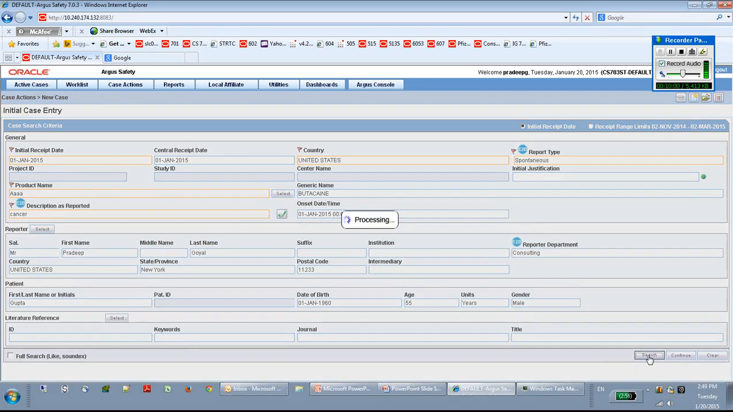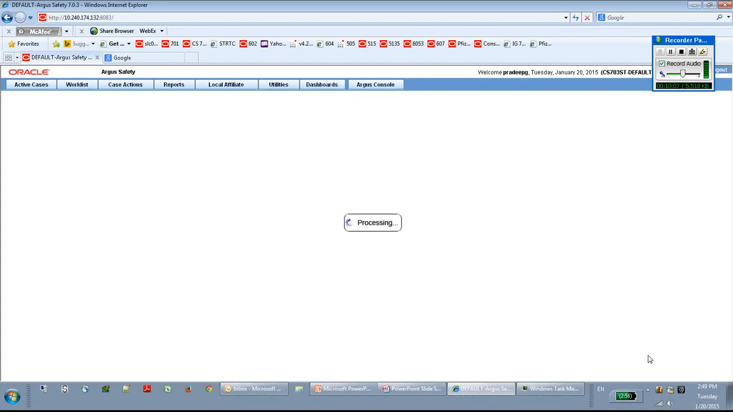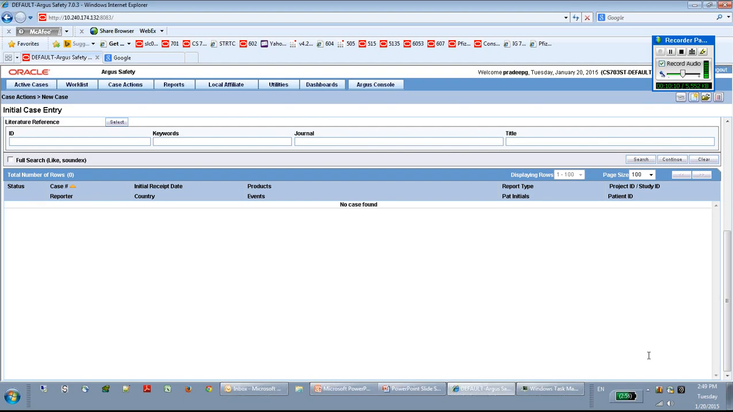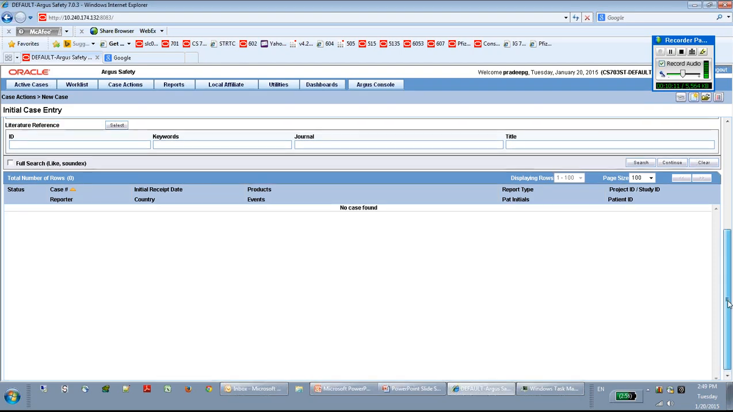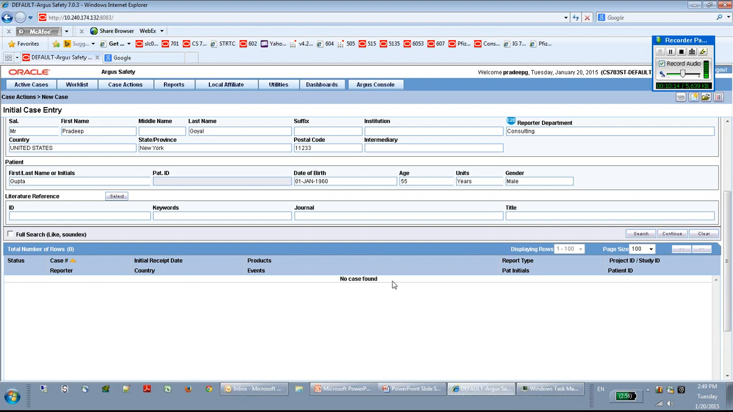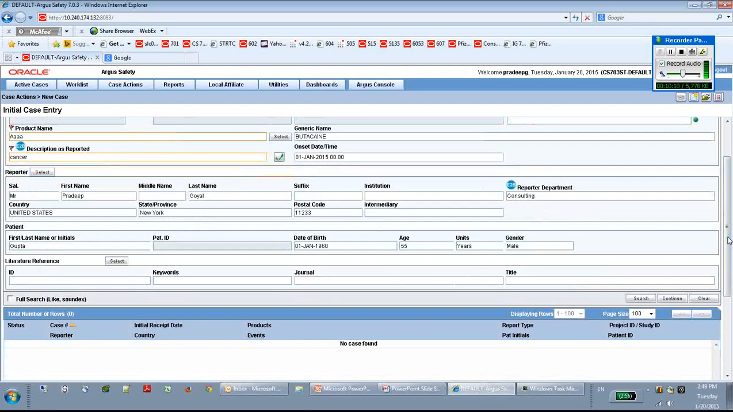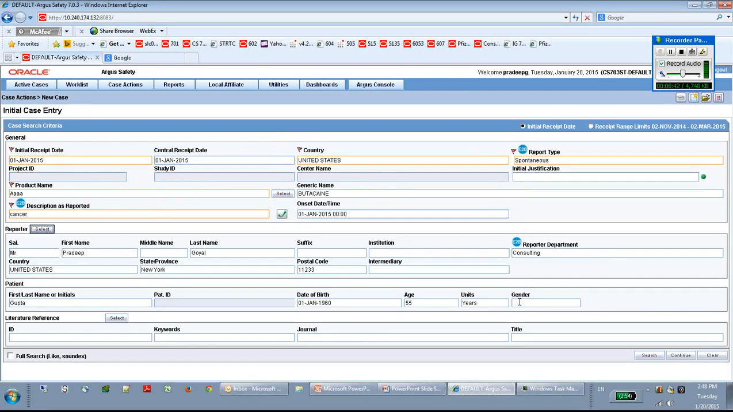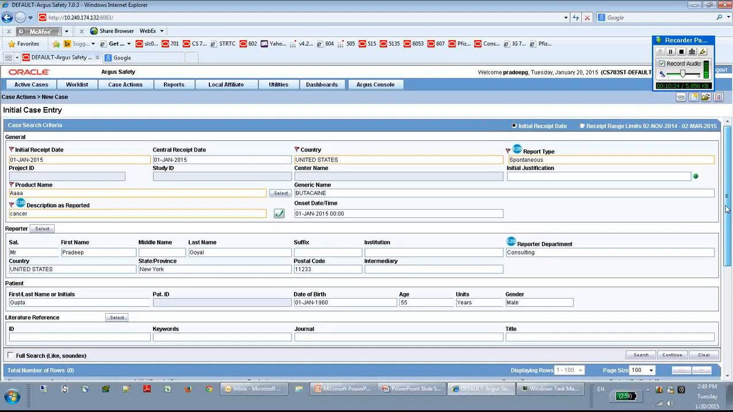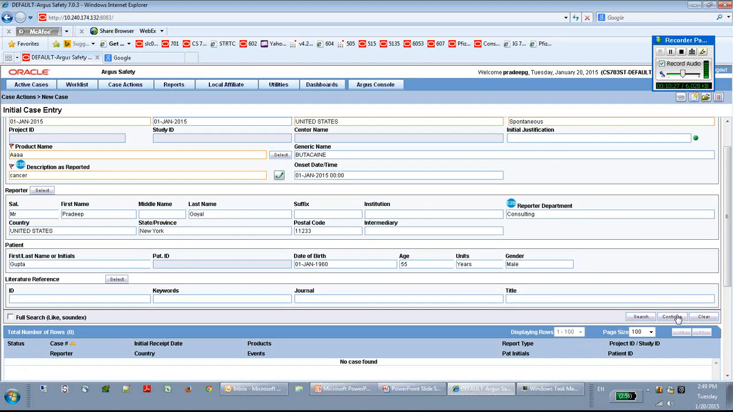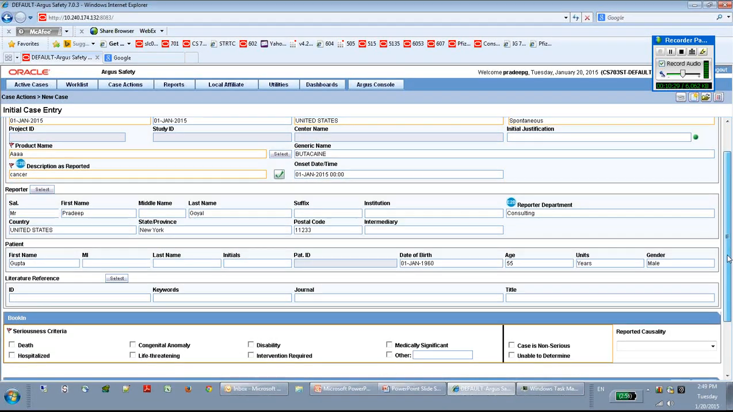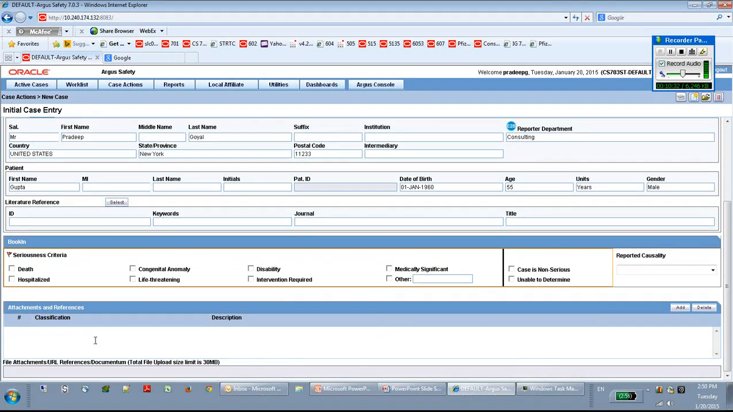So this is the search button. It is going to search the database and will pull the result. If we have any duplicate data with this, it will show us, yes, the case is present. Otherwise, it will say no case found. So this is the very first step which the data entry people do when they are booking the case. Okay. So no case was found in the database. So we can click on continue. Okay. Once you click on continue, you see there is another